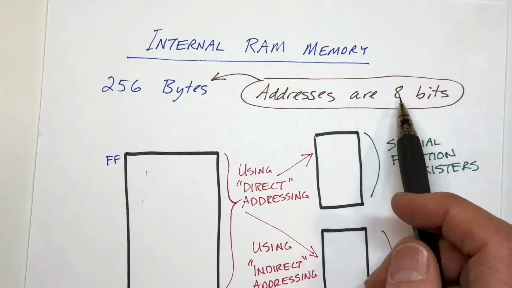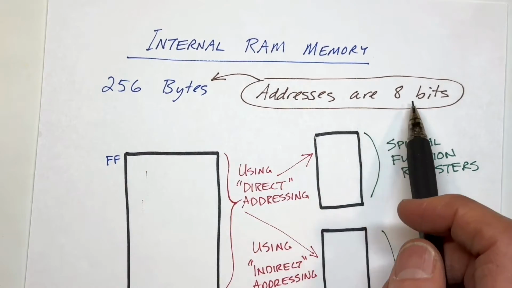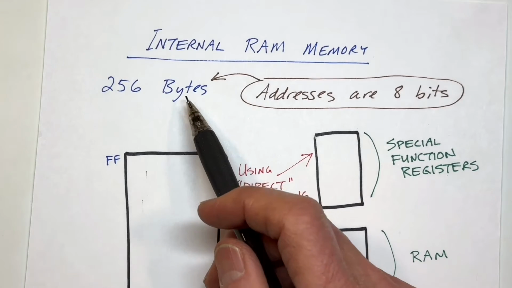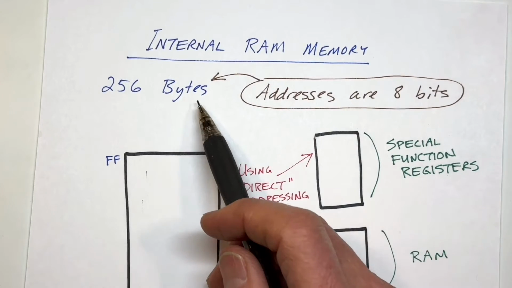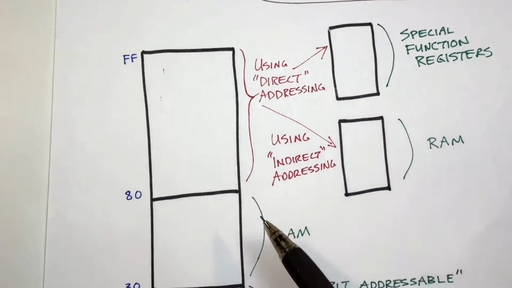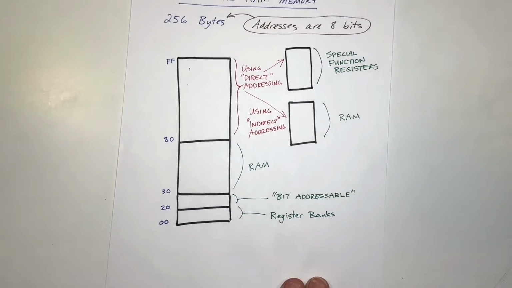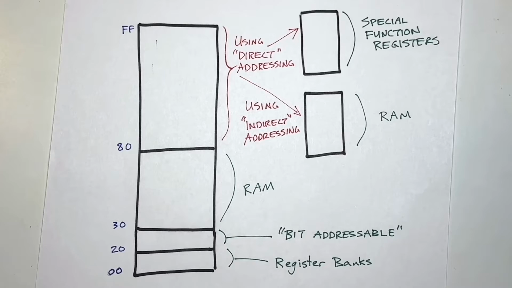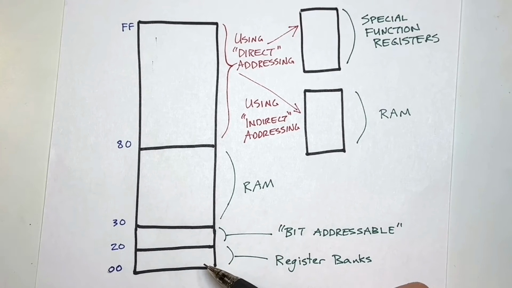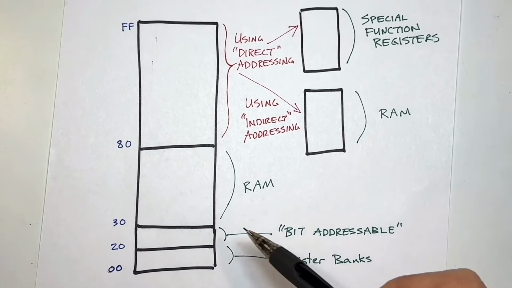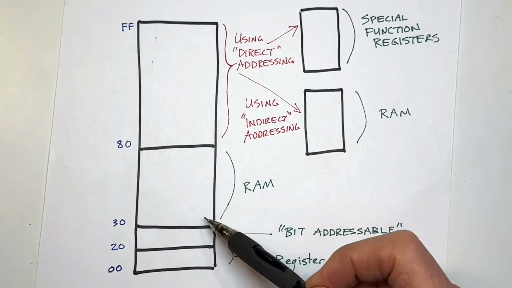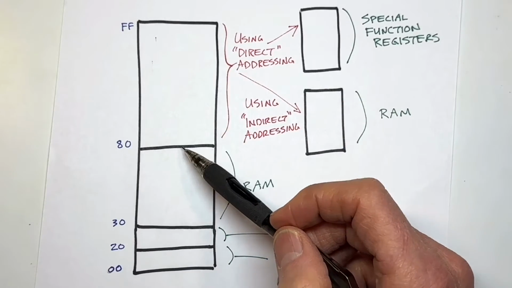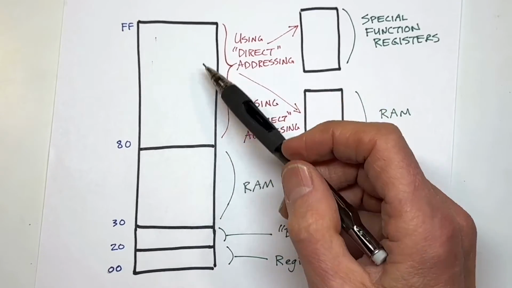Note that 2 to the 8th is 256, which means that 8 bits are sufficient to address any byte in internal RAM memory. So all memory addresses are only a byte in length. The 256 bytes are organized into several sections, which we can see here. At the lowest area, we have the memory for the register banks, and then we have something for bit addressable memory, and then here we have general use RAM, and then the upper half of the memory space is used